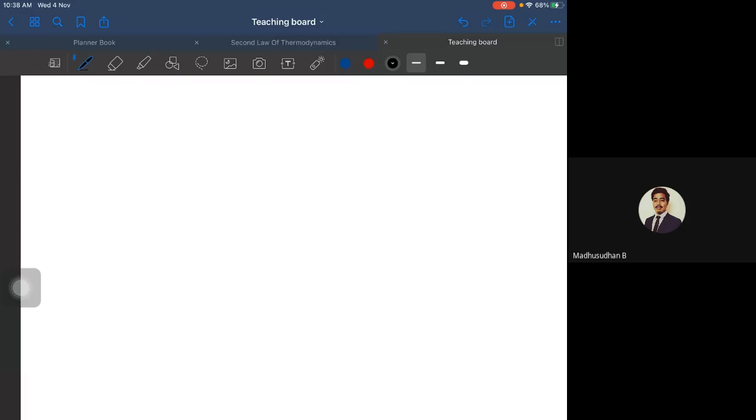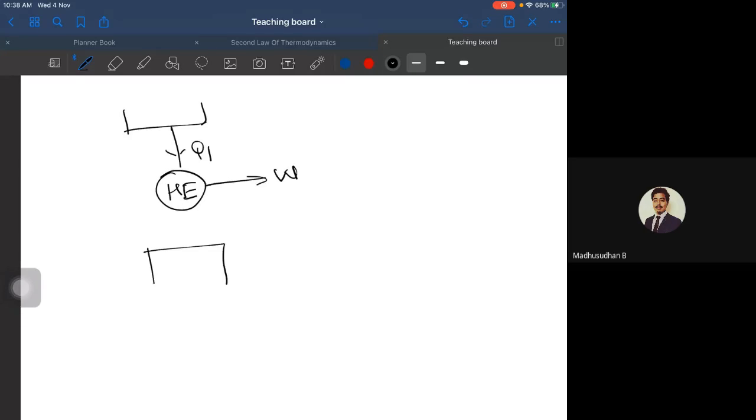Okay, see, Kelvin Planck is generally regarded for the heat engine. So how does a heat engine work? There will be two thermal reservoirs. In between, there will be a heat engine which gives out the work output, which is the difference in the heat energies supplied from the hot thermal reservoir and the cold thermal reservoir, which are Q1 and Q2. So this is equal to Q1 minus Q2. So whatever the work output is,